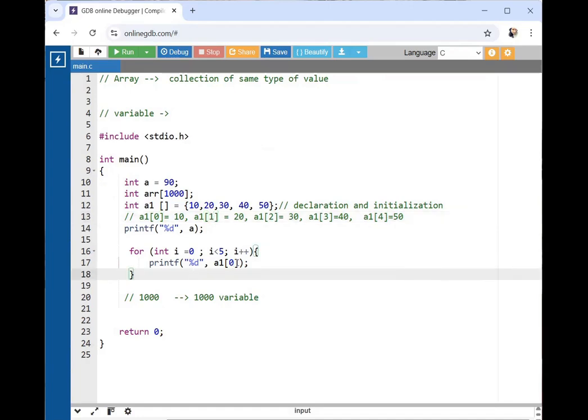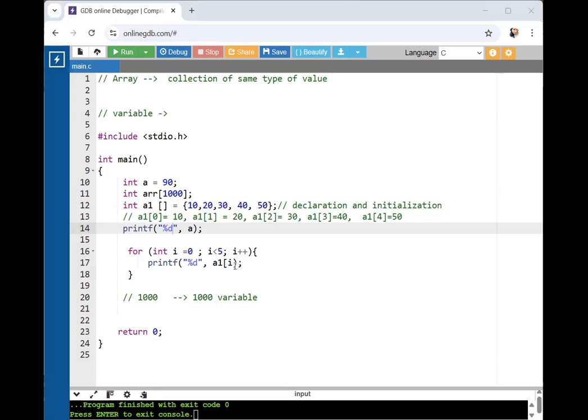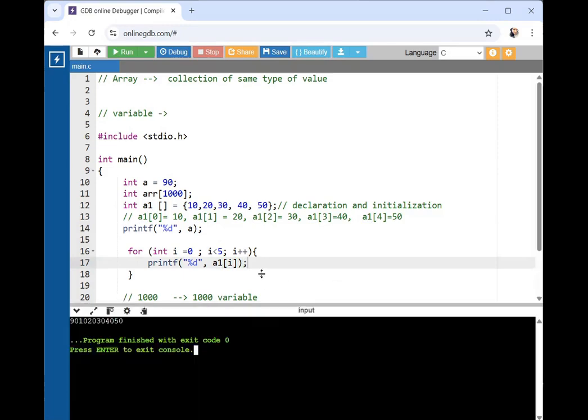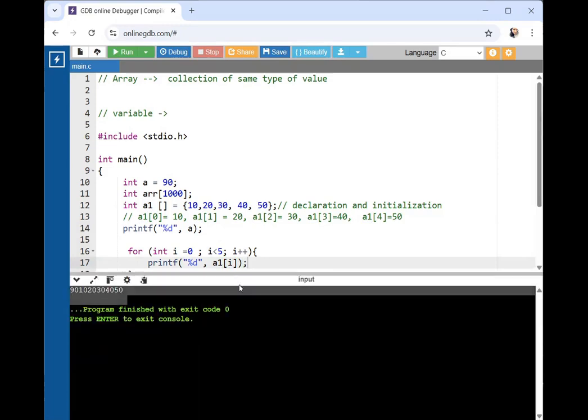So where I have stored the index value, we have to store somewhere. But where? I have stored that in i. So we'll simply write here i. So we have to write square brackets. So A1 i in square brackets we have to write. So when you run this code, you will see this. I don't want it like that. I want